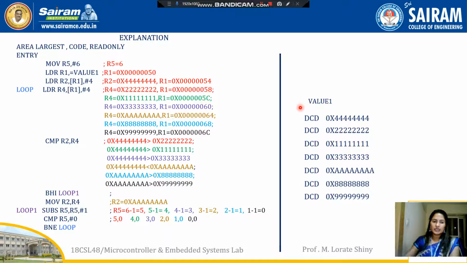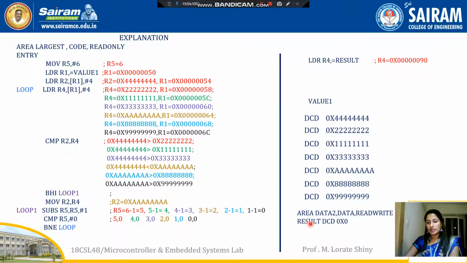So here we got the result. The result is available with R2 register, as well as R4 register. So we can store the result somewhere in the memory. So we'll see what we are doing. LDR R4 register is equal to result. Result is